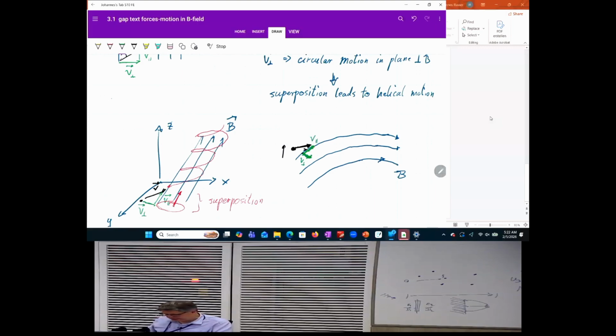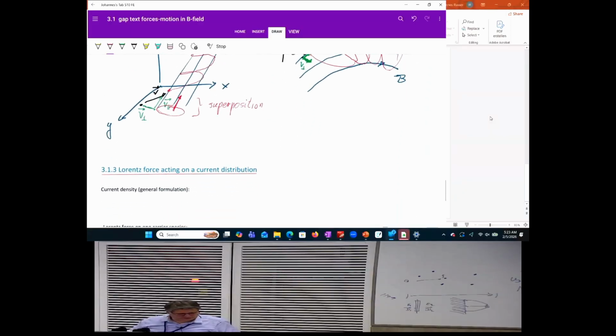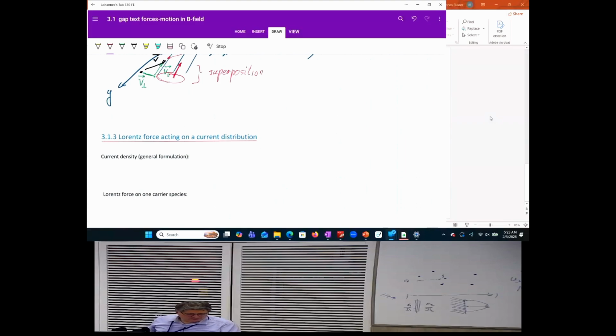And you will get circular motions here in a tilted field. So the circular motion will always be with respect to the component that is perpendicular to the B field, and in the other one it will move straight. So you get some helical motion even if the B field is tilted over